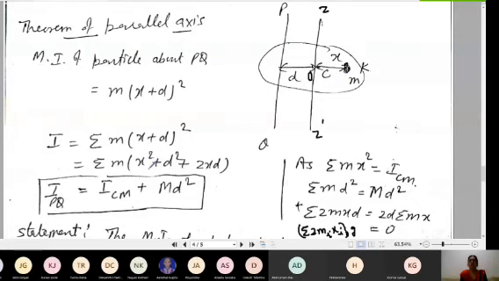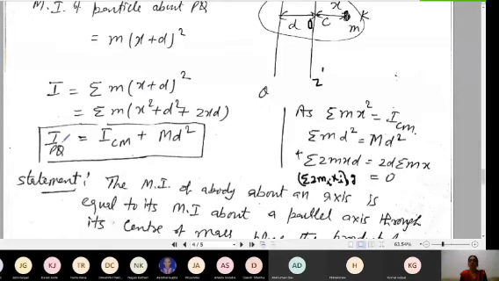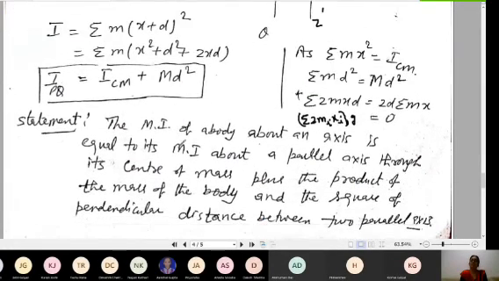And for this, of course, I can write it as xi² plus d², and then I get I about PQ equal to ICM plus Md². So the statement which I'm getting is that the moment of inertia about an axis, which is of course not passing through the center, is equal to the sum of the moment of inertia about its center of mass plus the product of the total mass with the square of the perpendicular distance from the axis about which you are finding the